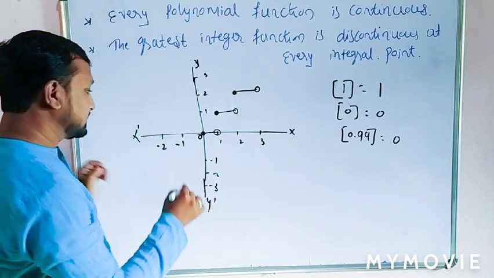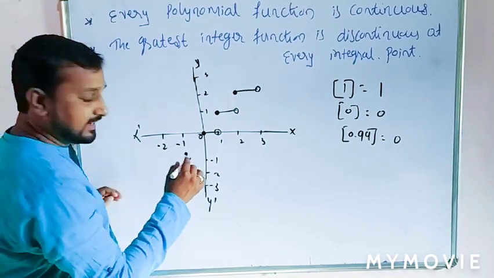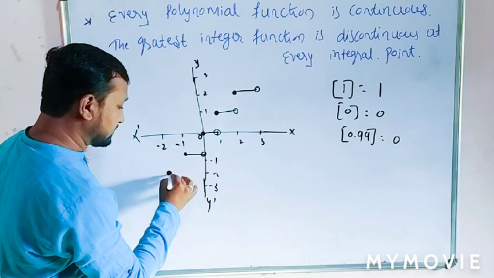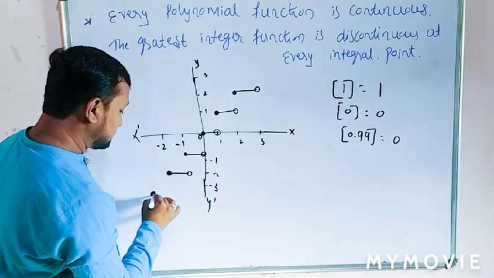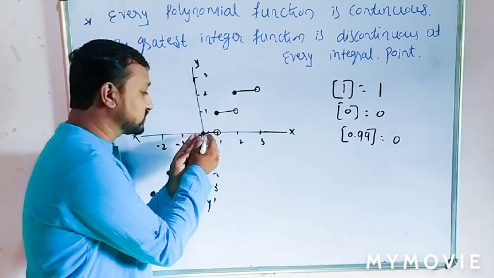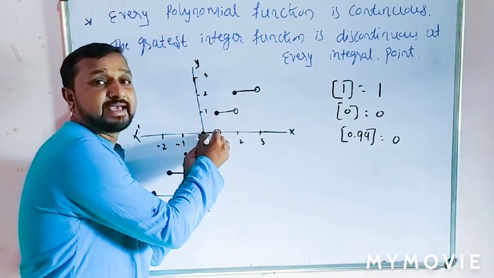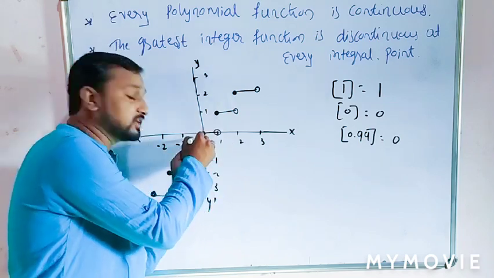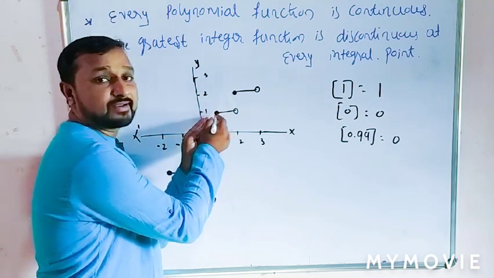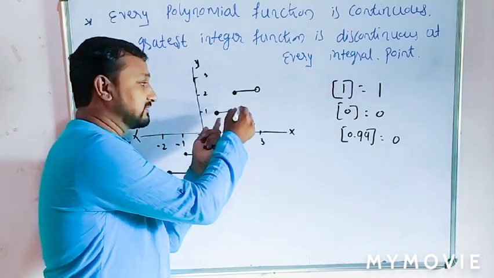Again the same as this: here minus 1 is open bracket, so we take the value -1 open and 0 open. Here -2 is a closed bracket. This is open, closed. This is open, because the greatest integer of 0 is 0, and the greatest integer of 0.999, up to excluding 1, is also 0. That's why this is open and this is closed. Same as the greatest integer of 1 is 1, and the greatest integer of 1.99 is again 1. Is that clear? That's why this is open.